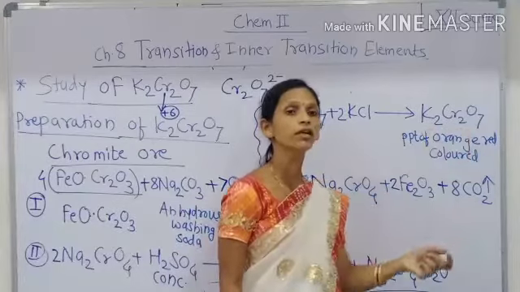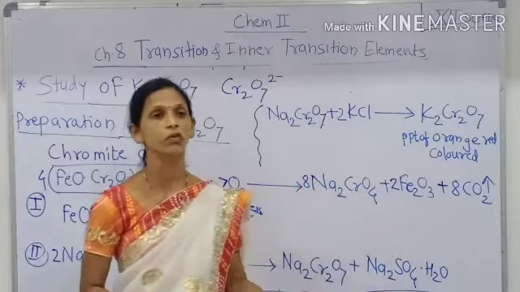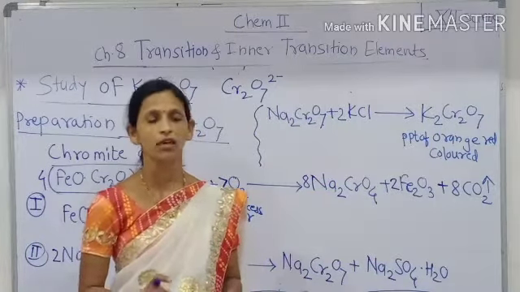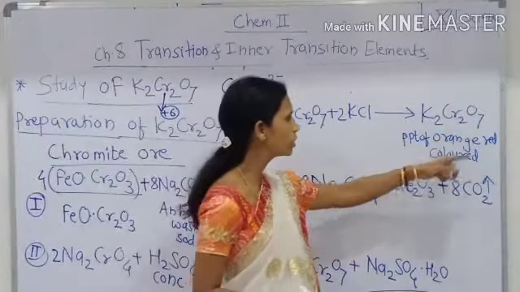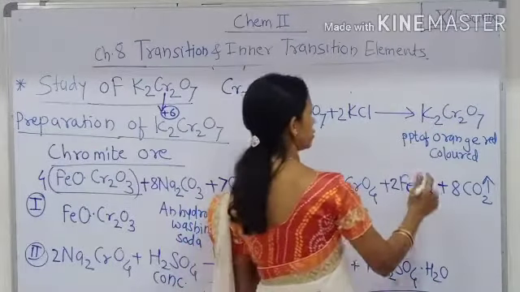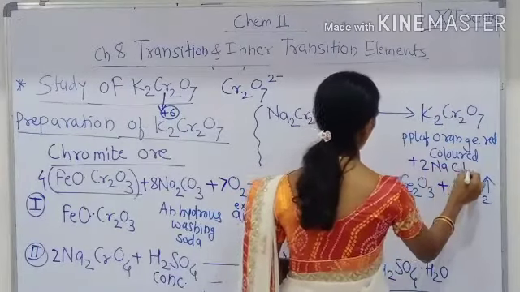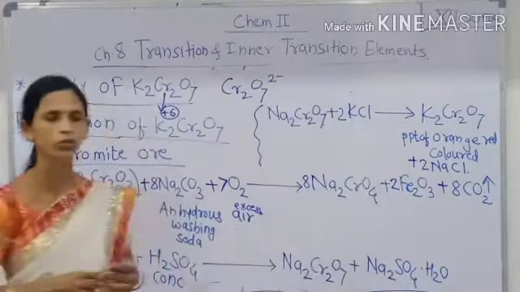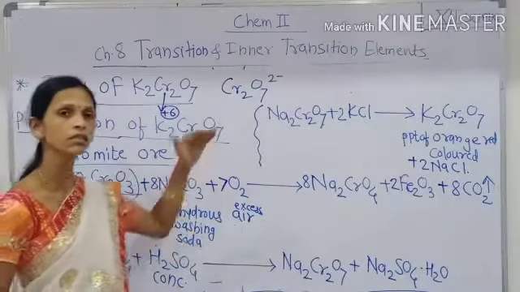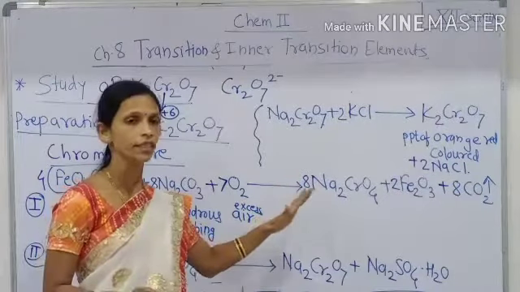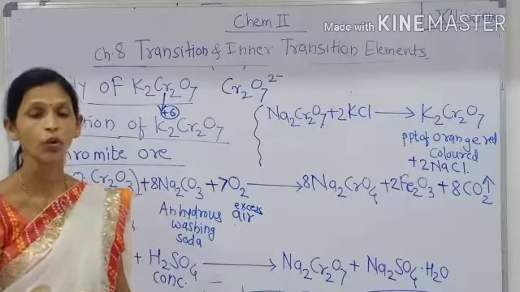K2Cr2O7 is less soluble at low temperature, therefore it gets precipitated after cooling. Then the production of K2Cr2O7 takes place in the third stage, plus 2 NaCl. That means the production of K2Cr2O7 from chromite ore takes place in 3 steps, isn't it? Now we are going to discuss the chemical properties of